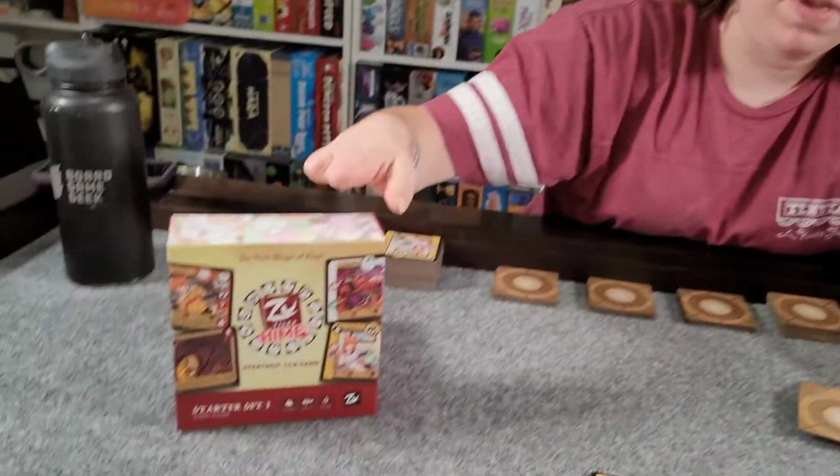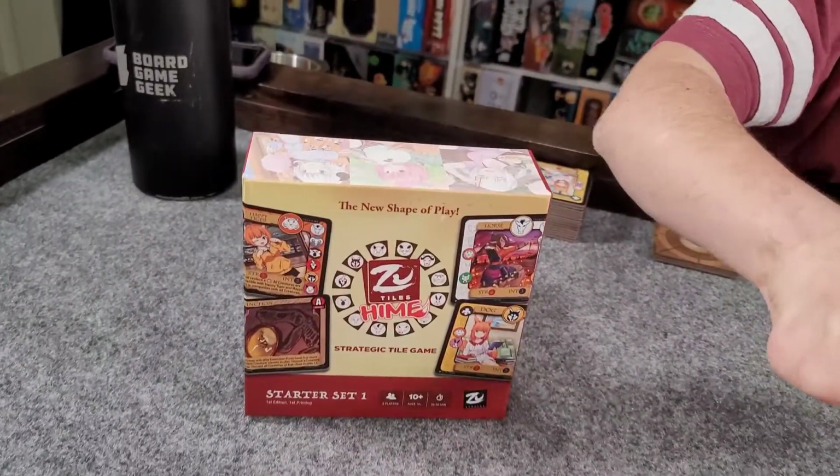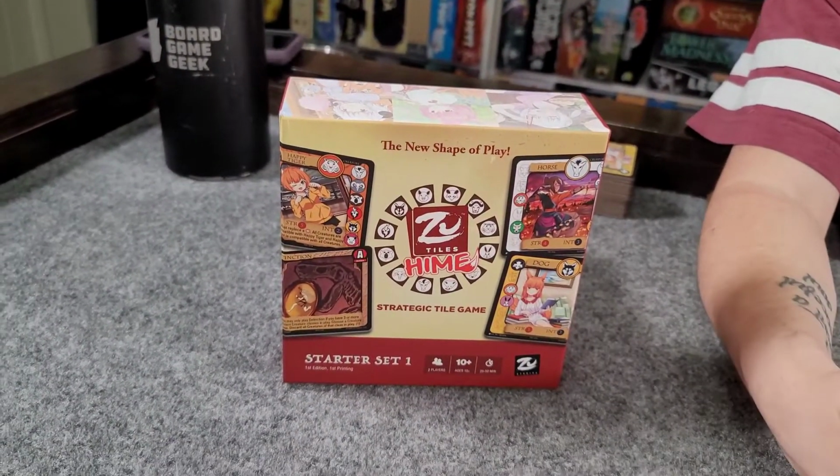Also, this is a starter set of tiles. So it is half of the Zodiac. There's 2 sets of tiles in here with 3 animals on each set. So there's another starter set, I assume. And if you ever were to get 2, as far as I know, you're going to be carrying around 2 boxes for one game. So I think that the box is a little small, but on the flip side of that,